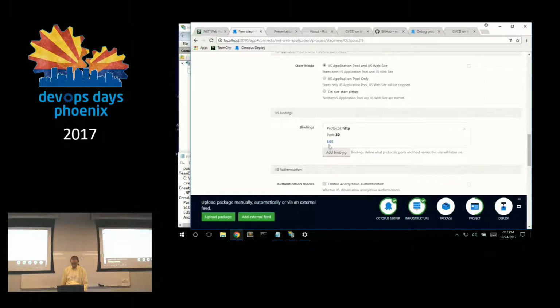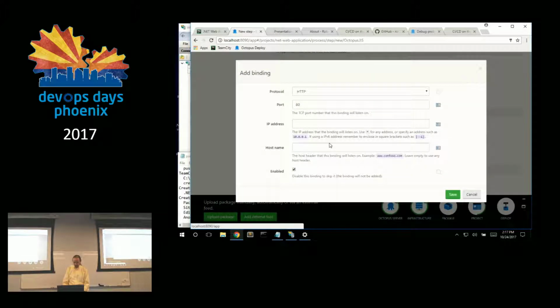I need to do a similar thing here for the bindings. If I was going to deploy to different servers with each deployment, I would be okay with putting them both on 80 or 443, perhaps adding certificates. In this case, I don't want it to deploy to port 80, because if both sites are trying to run on port 80, then that doesn't work. Really, I want it on port 8000 plus